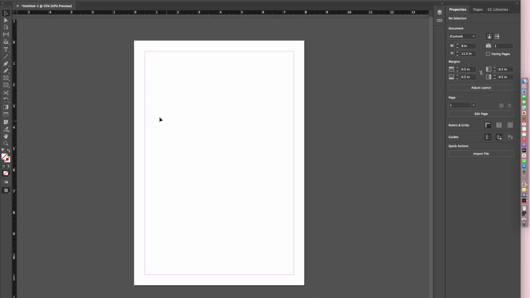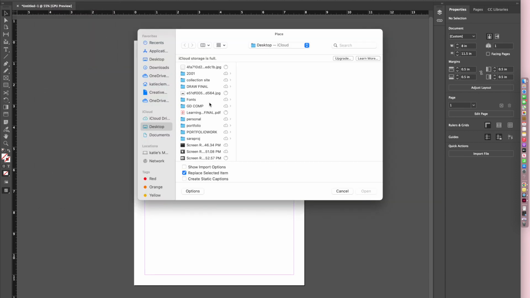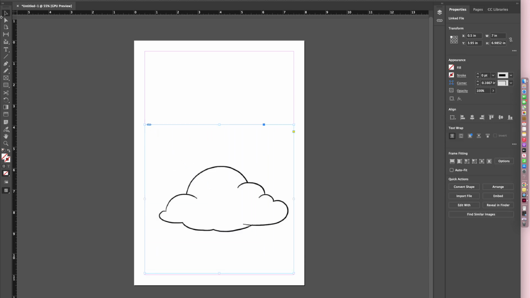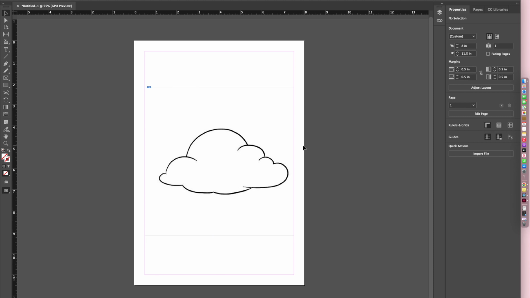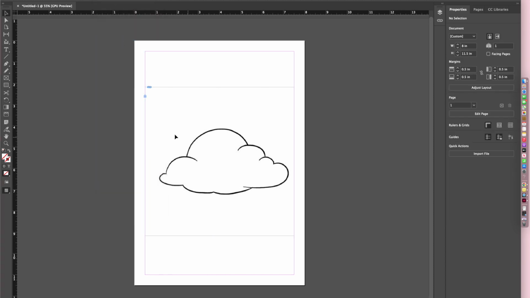Okay, so the first thing you're going to want to do is bring in your image or shape that you want to be putting the type around. So I'm just doing file place, and then I'm just going to drag this image in that I'm using and just make sure I place it where I want it. Okay, then I'm just going to hit object and lock to keep that picture in place,